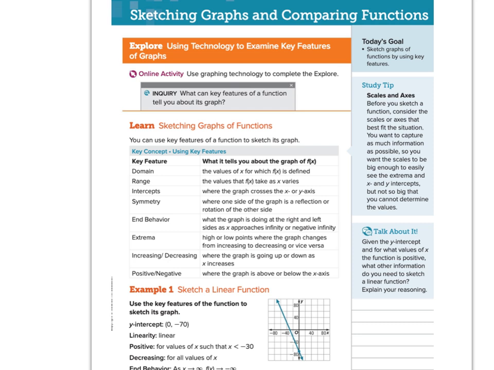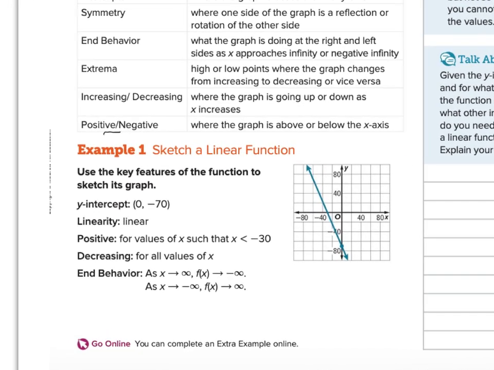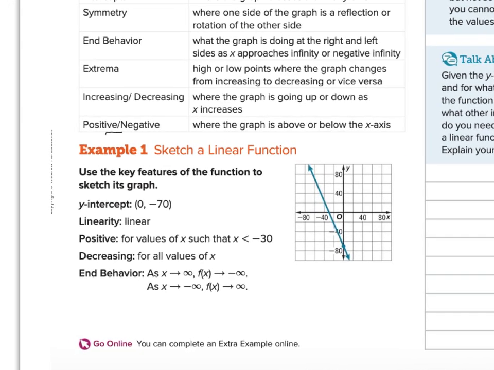And then the positive and negative is often overlooked here, but that is understanding that when I'm positive, I'm above the x-axis. When I'm negative, I'm below the x-axis. So here, being able to interpret this function, I can see that my y-intercept is (0, -70). It appears to be a straight line. I can check the slope to see that. Positive for values x is greater than -30. So right here,